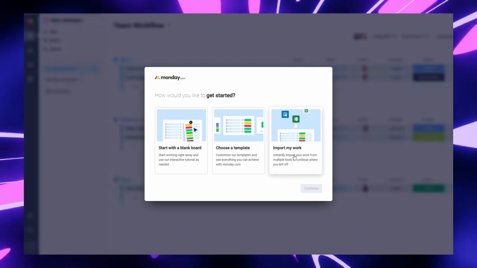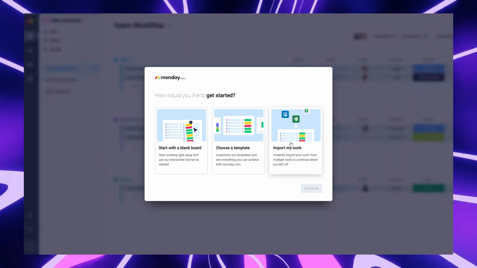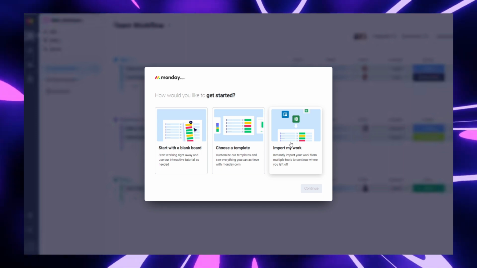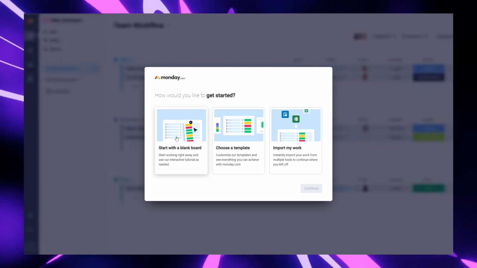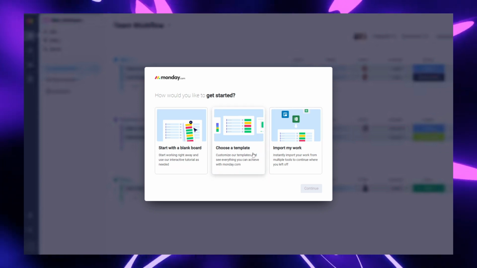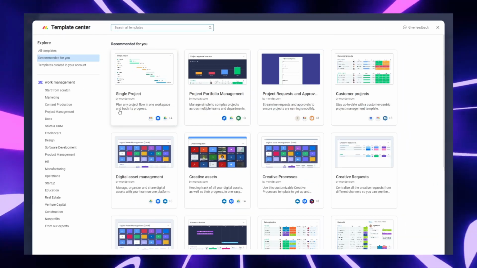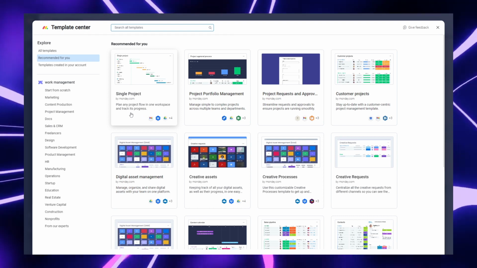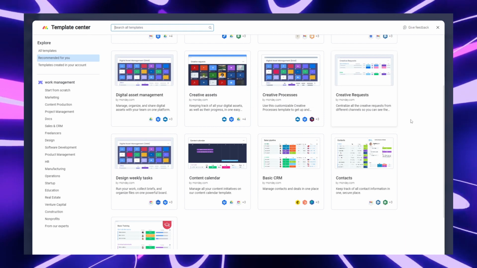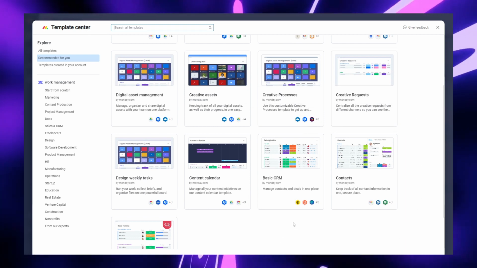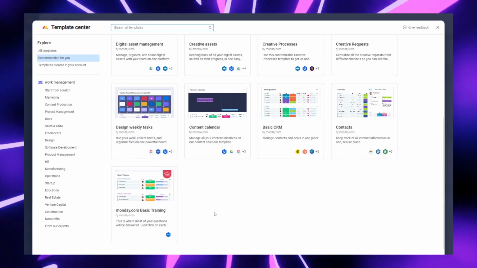You could either import your work from Microsoft Excel, Google Docs, Trello, ClickUp, anything like that. You can either choose a template, so an already customized workspace, or you can start with a blank board. Let's go over here real fast and let's select some of the templates. Let's just see what they have. Single projects, plan any project flow in one workspace and track its progress. So we've got creative requests, basic CRM, content calendar,